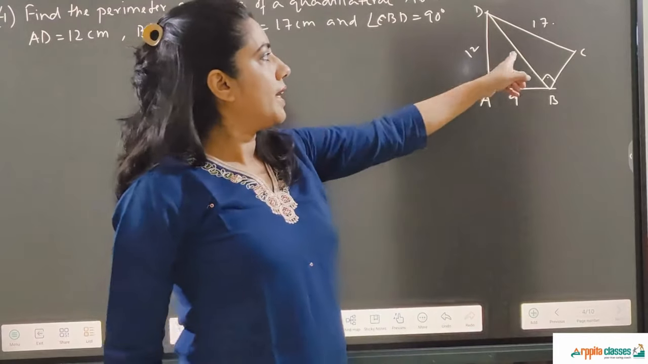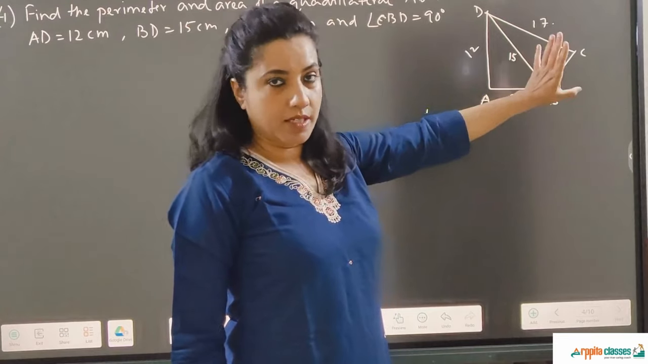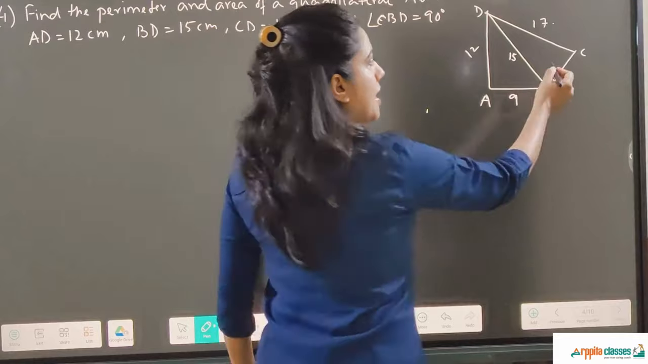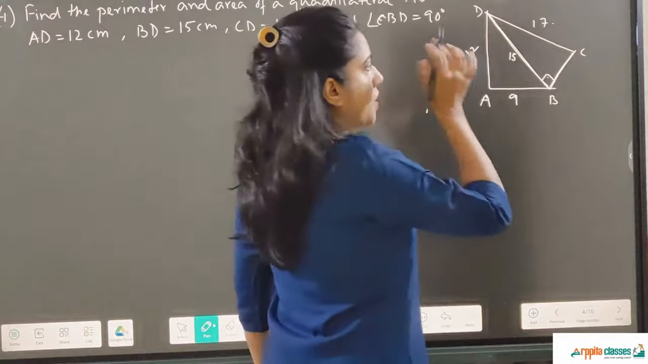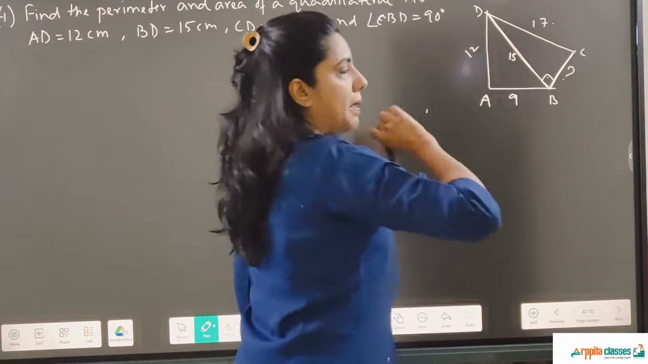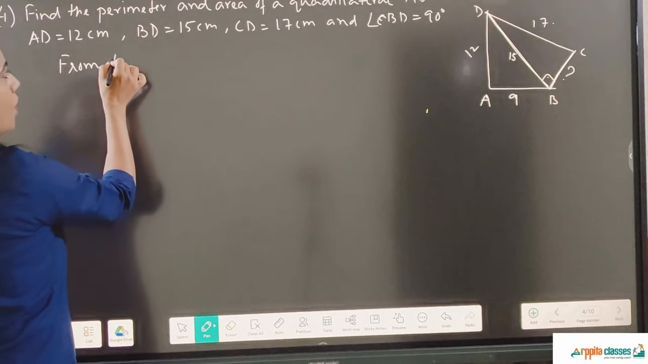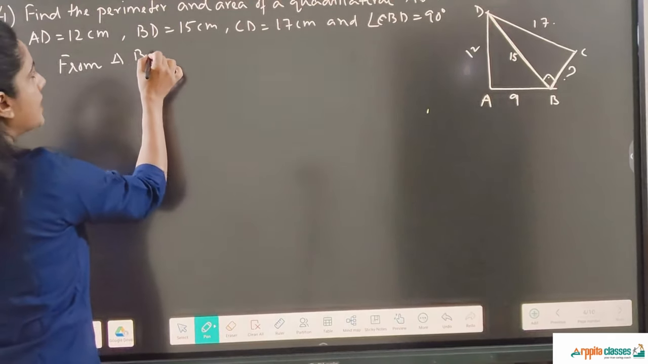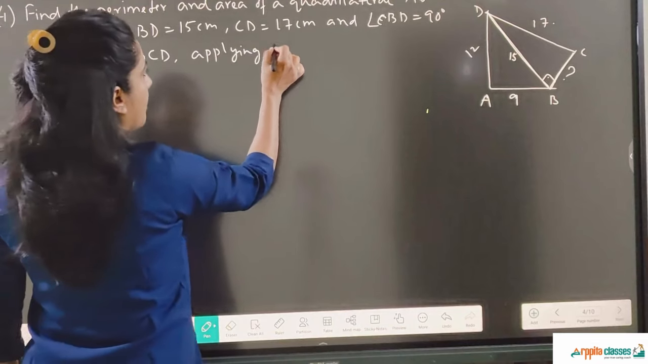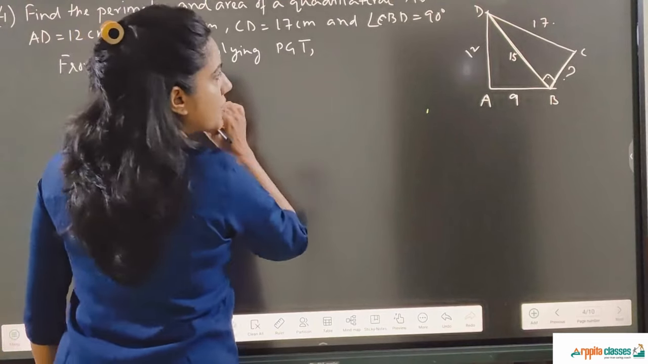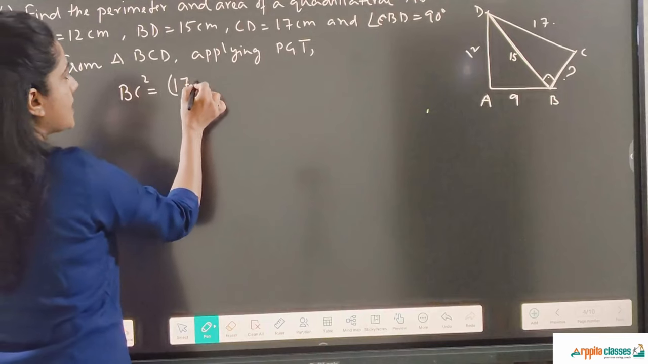That means we can get this triangle's area by doing half into base into height. Since it is 90 degrees, this can be considered as the height and this as the base, or vice versa. So first of all, we have to find out the value of BC by Pythagoras theorem. So write down from triangle BCD, applying Pythagoras theorem, BC square is equal to hypotenuse square, that is 17 square,